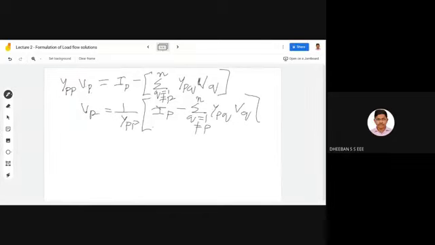Okay, and now what you have to do is you have to replace this Ip. This Ip you have to replace. So this Ip, how you can find? So your apparent power for your pth bus will be Ip into Ep. So Ep naught you can take. Naught means it is the initial value. So Ep naught in the sense is the initial value,